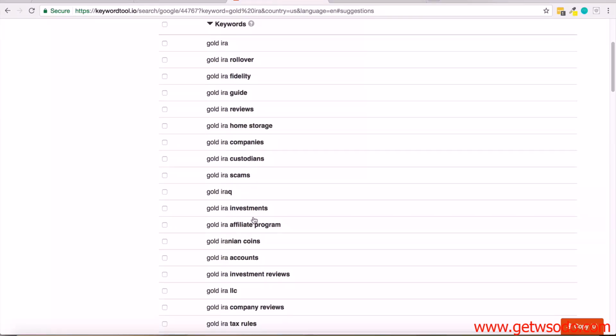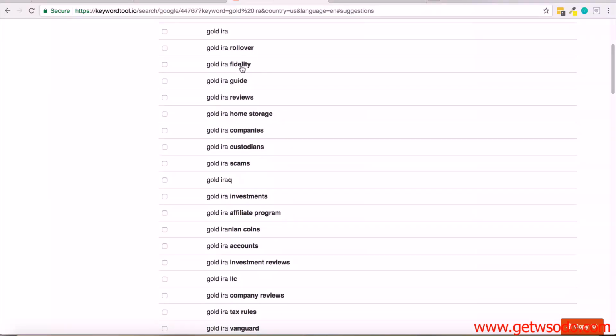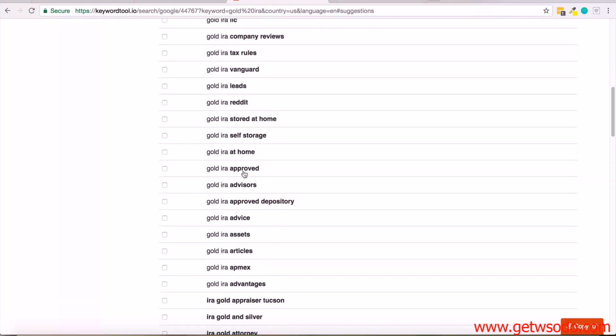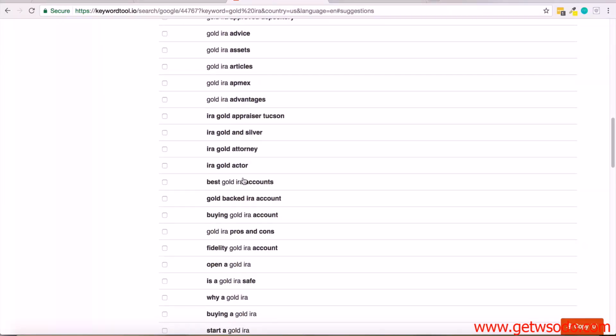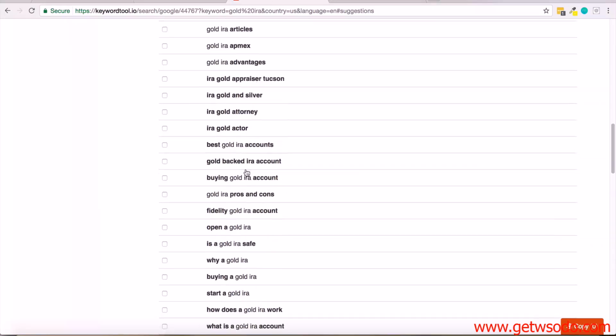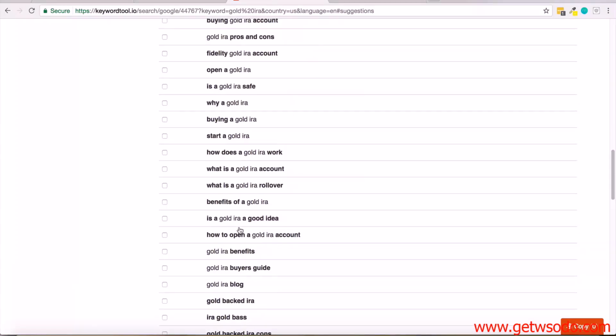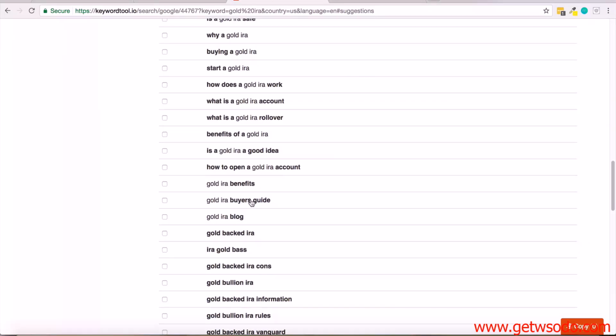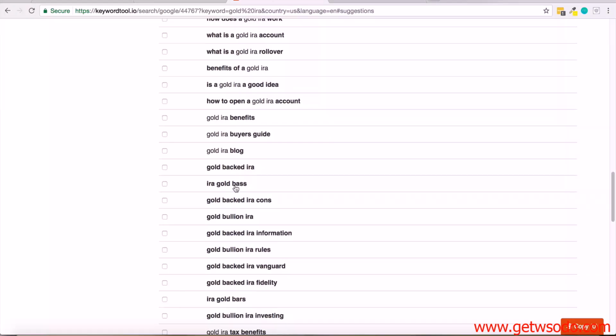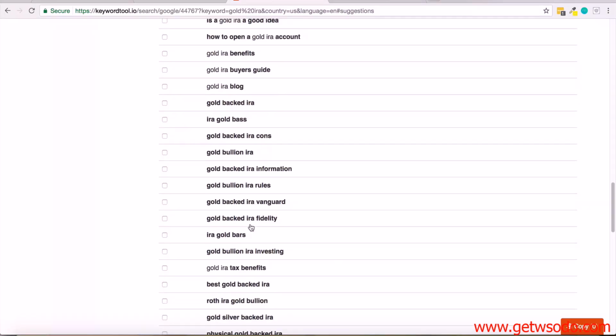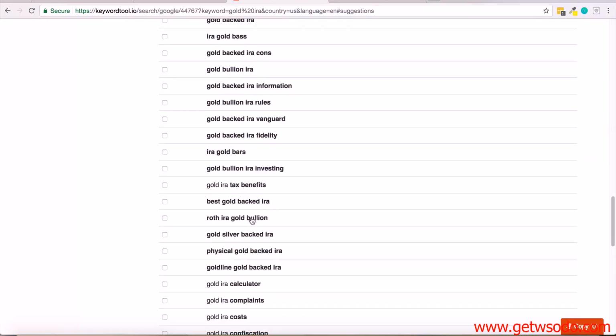So these keywords will give you some ideas and direction, and you can just make a list of the ones you want to target and go after in your article, and then arrange them in a logical way to where you can talk about each one of them. And I promise you, if you just put together 10, 20, 30 of these, then you can write a couple of sentences about each of these long tail keywords, and all of those added together is going to be a very well thought out, very well written article that's going to be several hundred or maybe even several